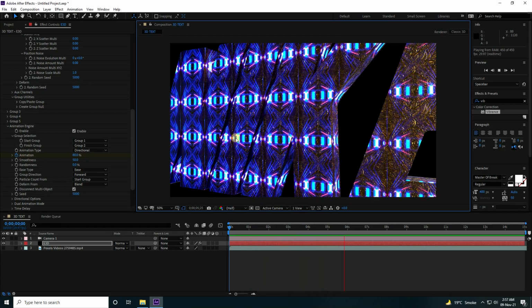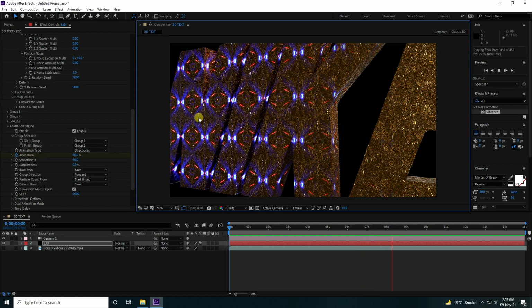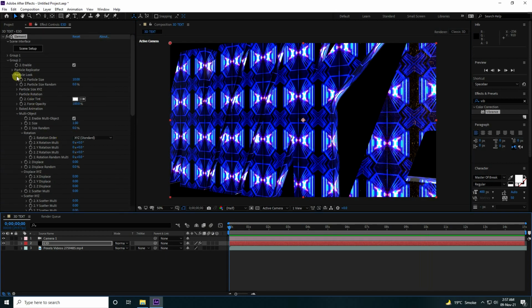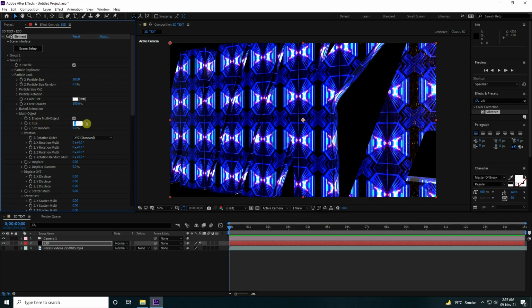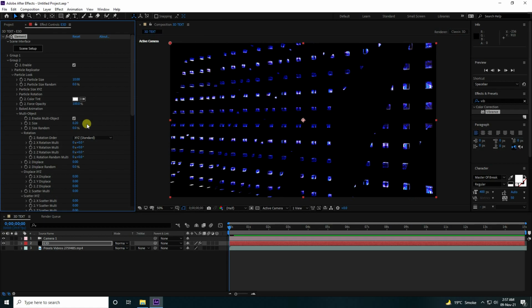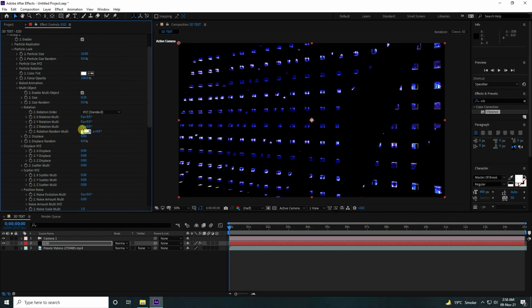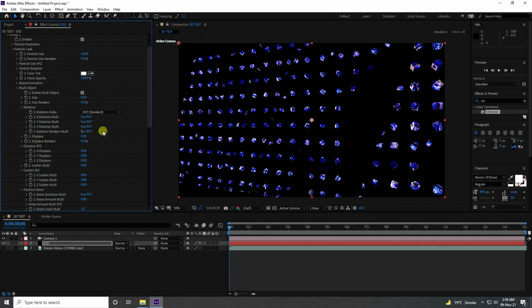Okay, so now guys, this time I create cube animation. So go to back, and guys, go to here, group 2, this one, and guys, see, that's my size. So size, guys, decrease like 0.2, like this. That's my cubes. And guys, see, you can change also random. So random is good. And guys, see, that's my rotation, and rotation random multiple, increase. I like 1 is good, simple 1.